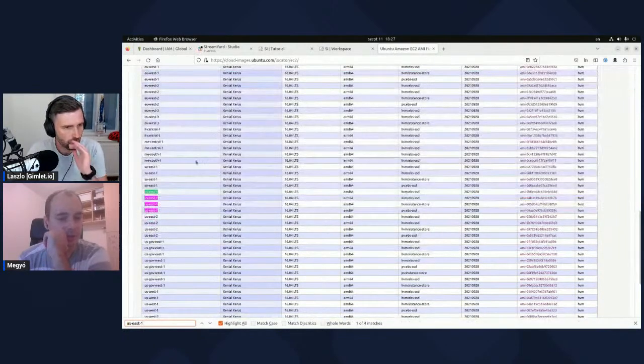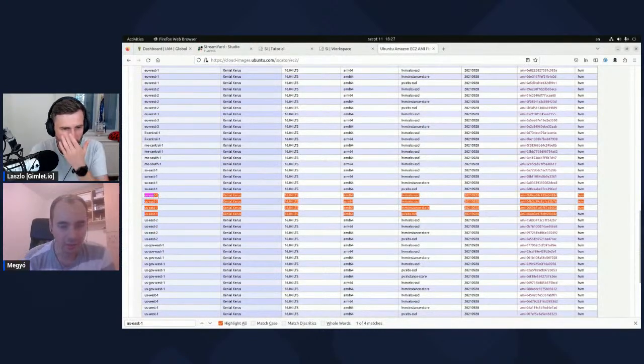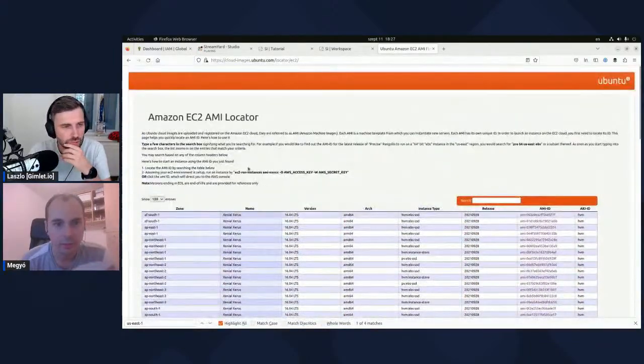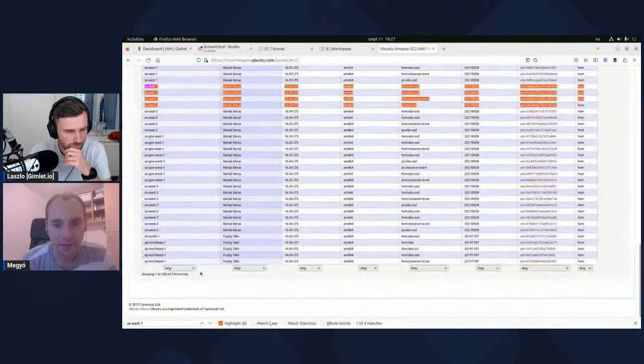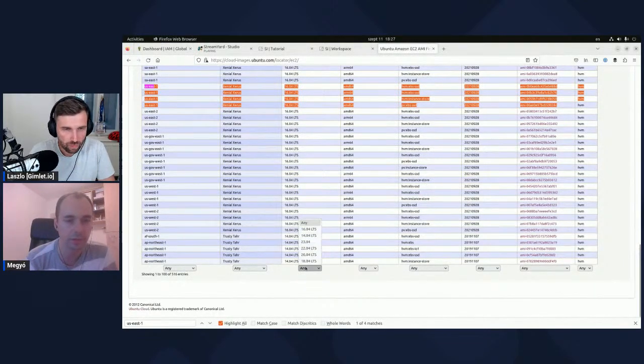Yeah, this is also a little bit confusing because you can see that the same image has different IDs based on the region. This is a very old version. Is there anything? Oh, okay. I think at the bottom you can filter it. So US East 1 you selected. Yes, and probably then we're gonna go like 20.